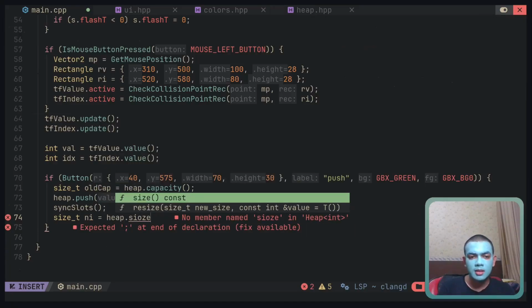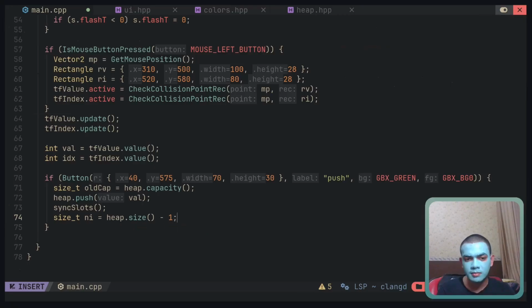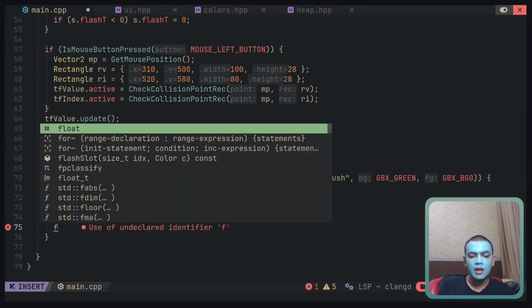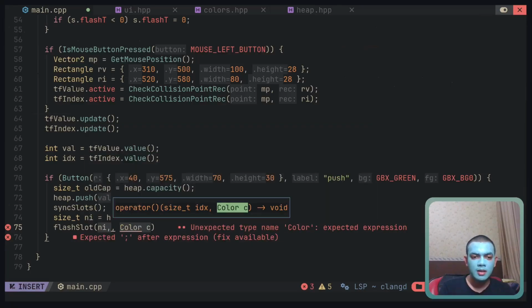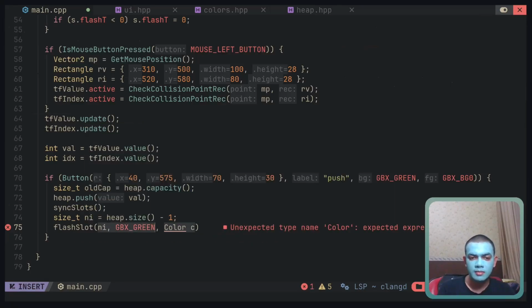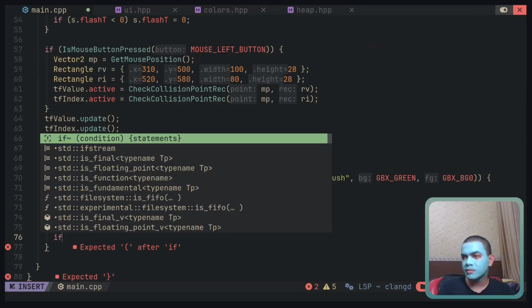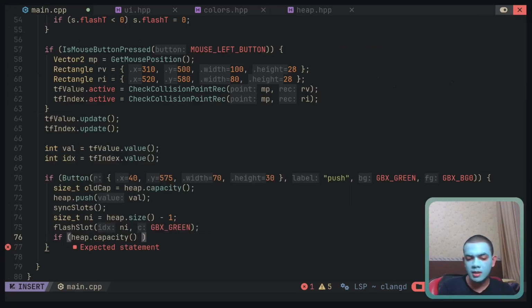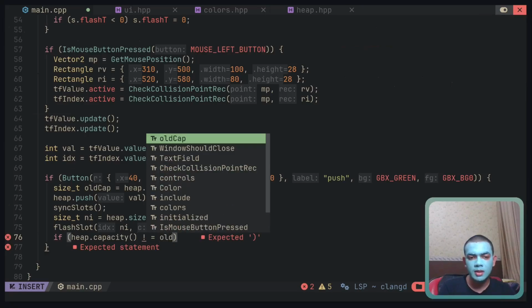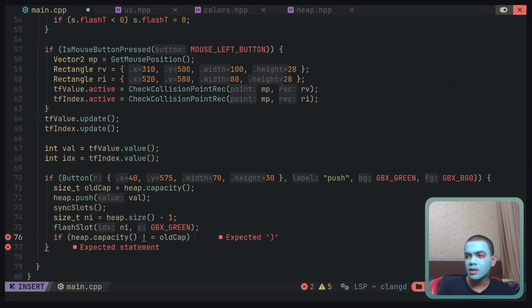Then size minus 1. Then flash slot. I want ni, gbx green. That's done. And then if the heap dot capacity is not equal to old capacity, then I want to